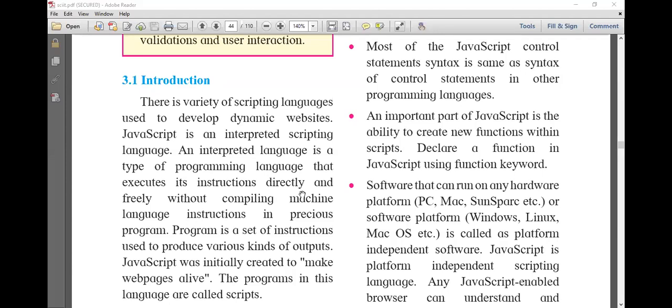When you write a program in any language, like C, C++, Java, if you want to see the result, you have to compile the program which you have written in text. Whatever you write in text, you have to compile it first, then you can see the result. In some programming languages, we use a compiler to compile the program. In some programming languages, we use an interpreter to interpret the program.